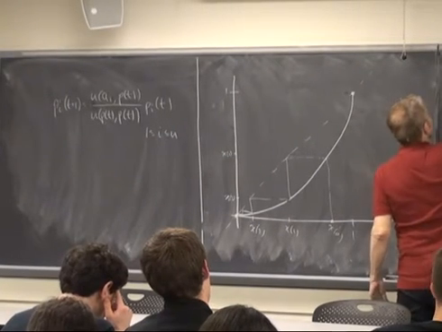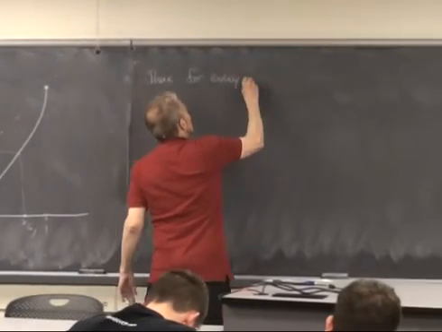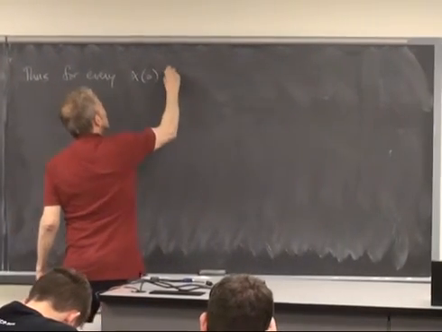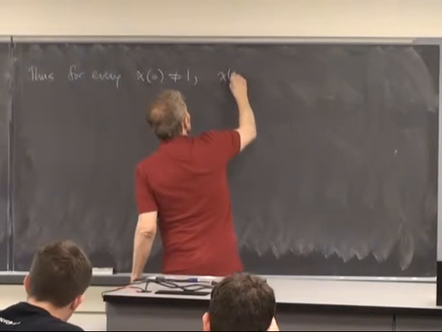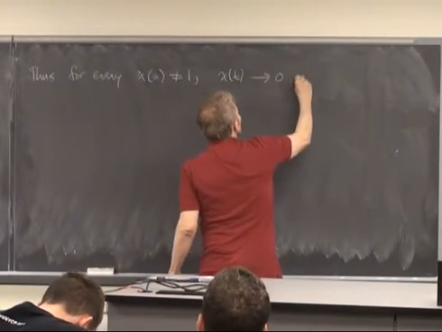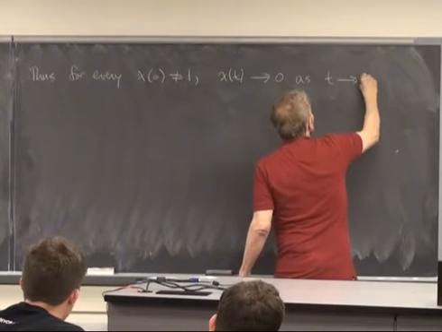So thus, for every initial distribution x of 0 not equal to 1, x of t approaches 0 as t goes to infinity. Conclusion,